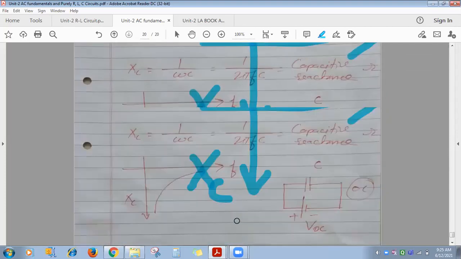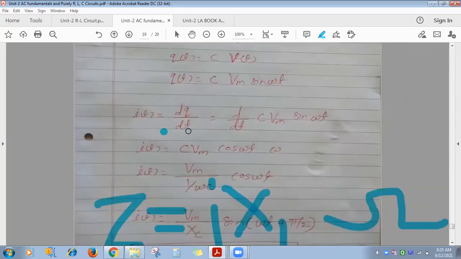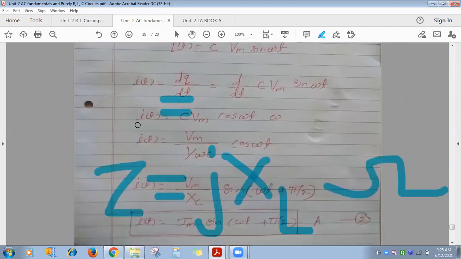And when the imaginary part is positive, can you tell me what its polar form will be? Here, XL is along the positive imaginary axis, and the real part is 0. So what will be its polar conversion? What will the magnitude be?